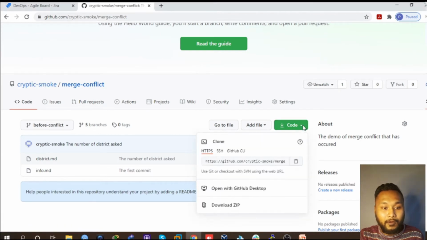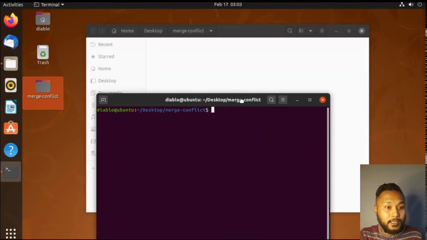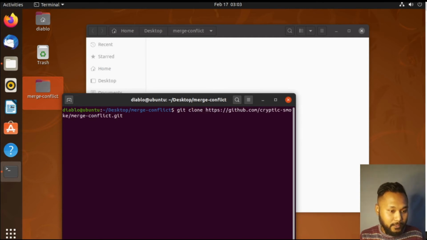If you click on Code, you're going to get HTTPS, SSH, and GitHub CLI. So I will be copying the HTTPS link right here, and then I will be moving on to my Linux machine. As you can see, I have nothing on merge conflict here, so I will be typing in the link,